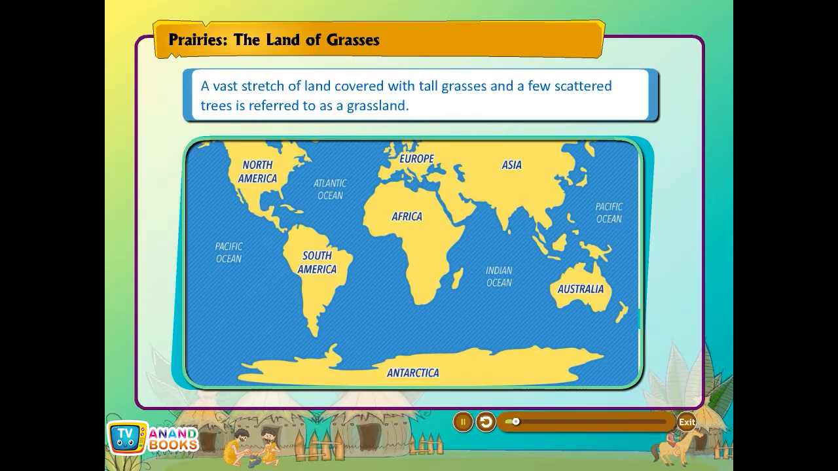A vast stretch of land covered with tall grasses and a few scattered trees is referred to as a grassland. Grasslands cover more than one-fifth of the Earth's land surface. Most of these grasslands are located in the temperate zone. As you have read earlier, the temperate zone lies between latitudes